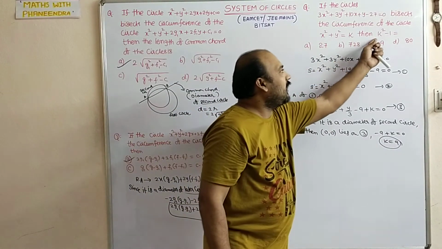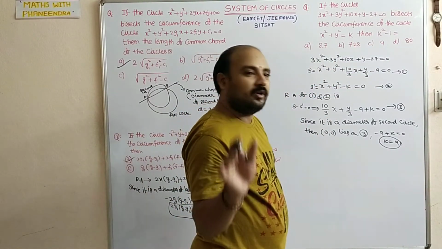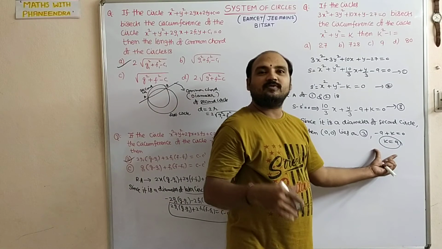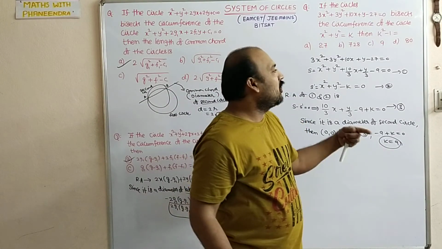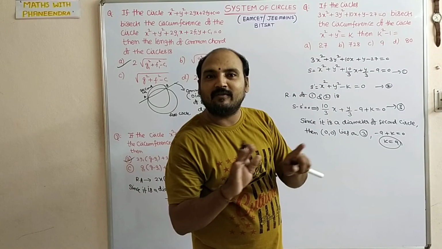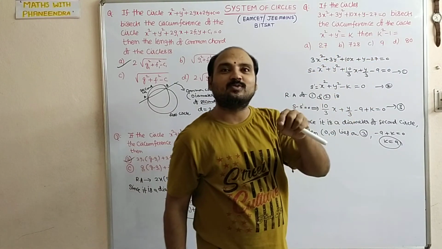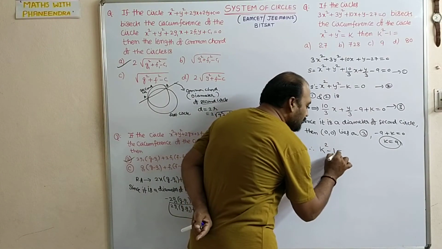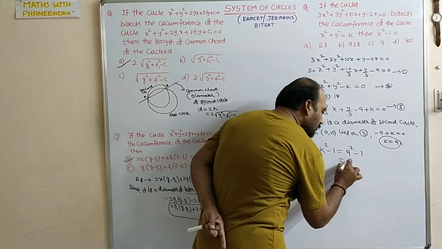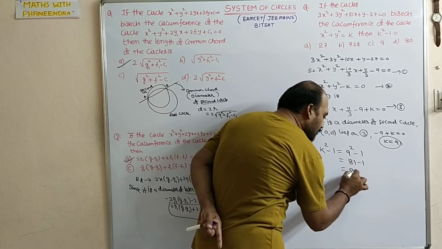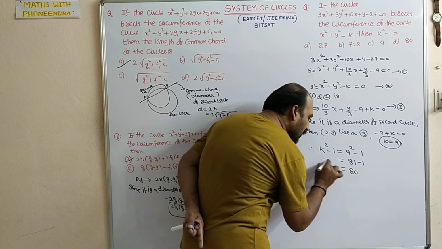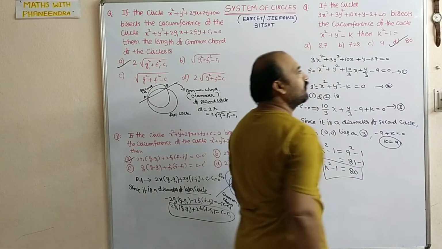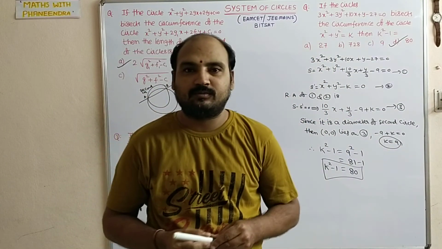They are asking to calculate k square minus 1. Like this, a situation will arise, dear students, you remember. Why? Because most of the students, as soon as they get the answer of k, they will put the answer. But they are not asking the k value, they are asking to calculate k square minus 1. Be alert. So k square minus 1 is equal to 9 square minus 1, which is 81 minus 1, equal to 80. Therefore, the value of k square minus 1 is 80, which is there in the fourth option. We will move to the next question now.